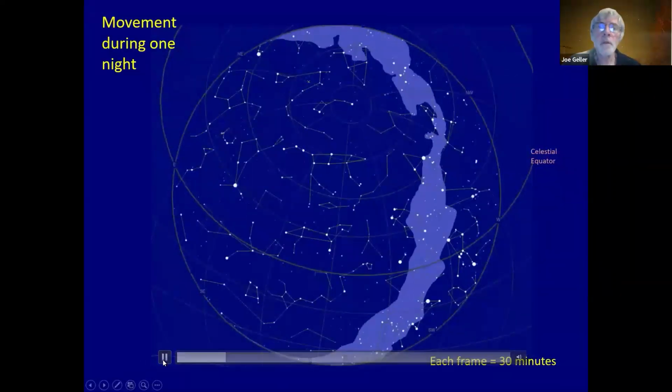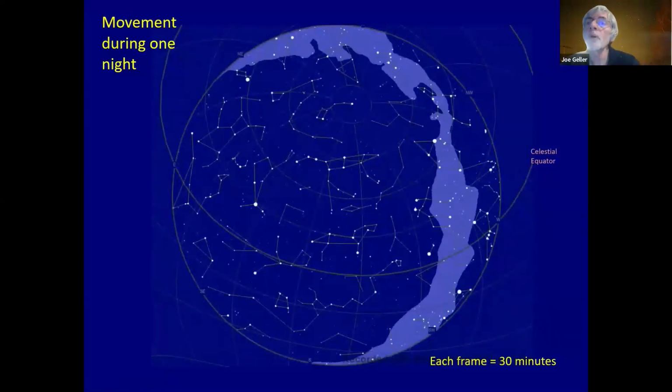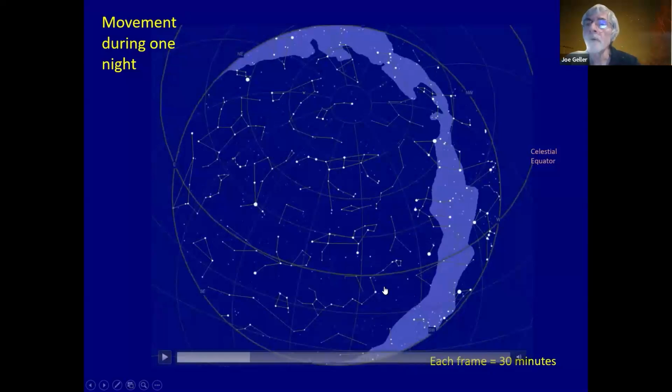So this is an animation showing the movement of the stars during one night. Each frame that it advances is 30 minutes. And we can see